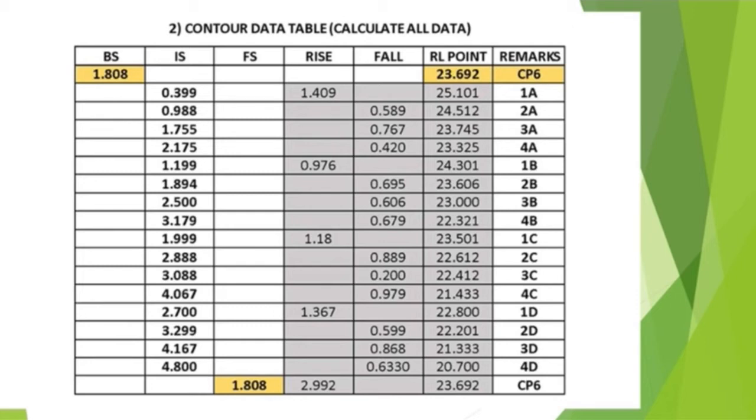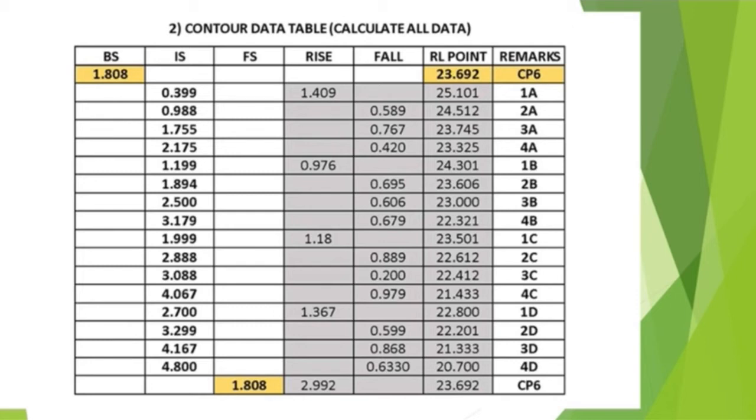Just repeat the same thing, but for the last one, we do have 4 sides. So we subtract intermediate side with 4 sides, and we got the answer. The next thing to calculate in this data table is RL point. How we calculate is the first RL point add or subtract with the rise and fall. If it's rise, then we're gonna add it with RL point, but if it's fall, then we're gonna subtract it. So in this data table, the first RL point is